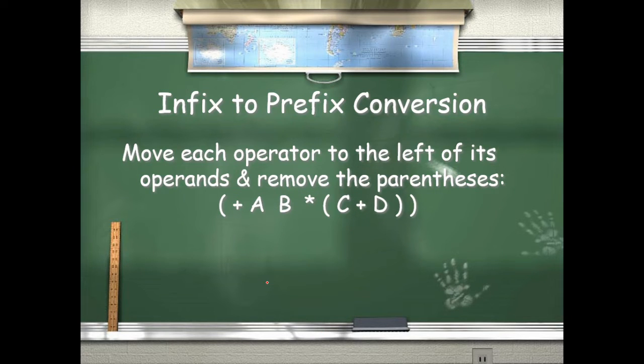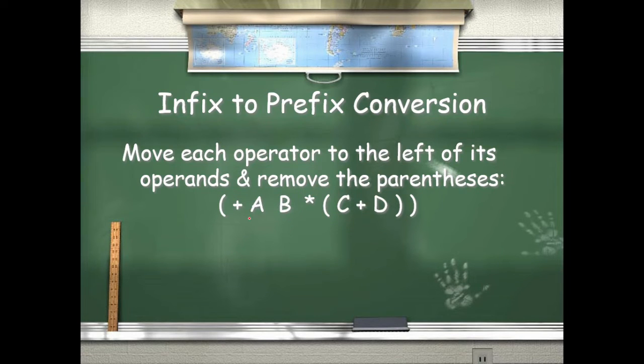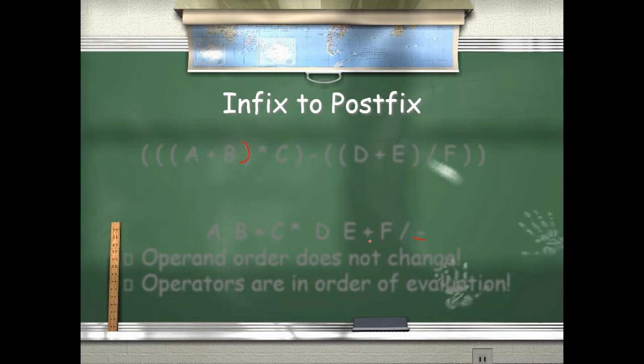If I am converting this a plus b into its prefix form, it will be plus ab. Then you can see that this star is there, so you have to evaluate it. You have changed it, and this star will come here. Then the next case will be c plus d, and for c plus d the prefix will be plus cd. So this will be the final answer that we are getting. Try to understand, the order of operands is not being changed here.